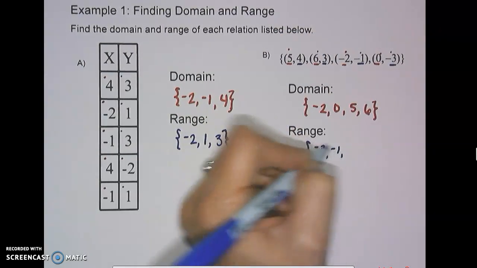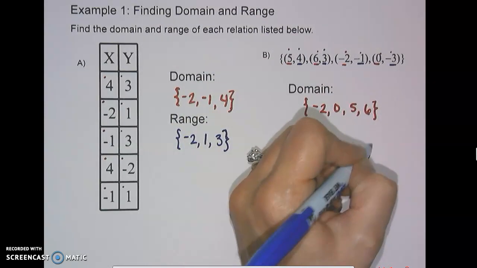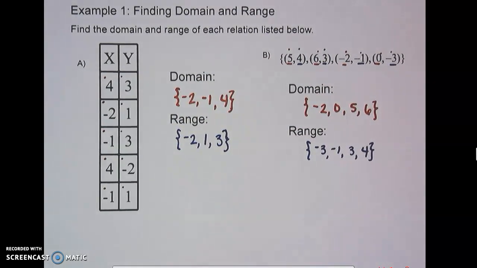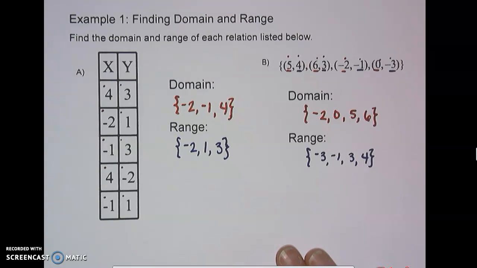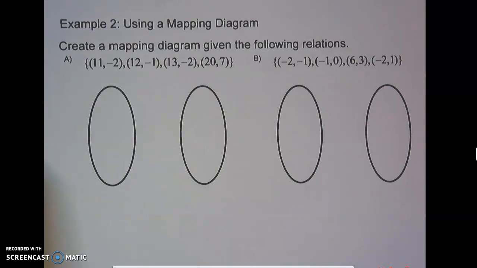Then comes -1, 3, and then 4 is the biggest number. And so that's looking at a relation as a set of ordered pairs this way, listed out. That's going to be domain and range, okay? X's are domain, range is your Y values. So let's see what happens if we look at another